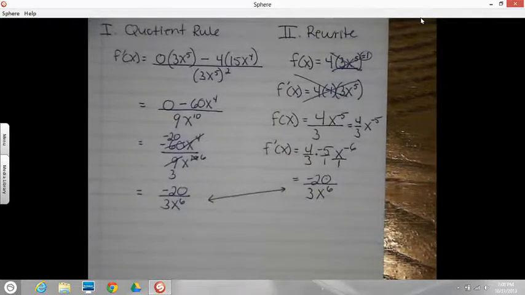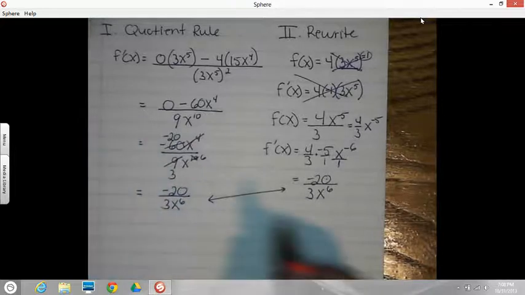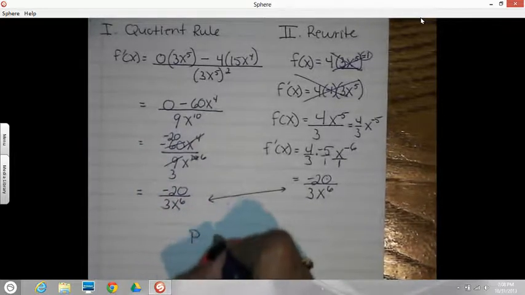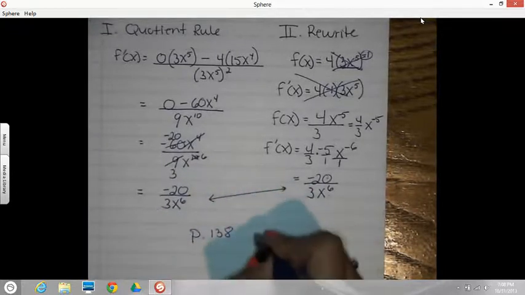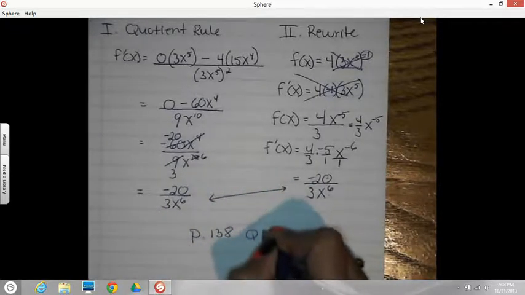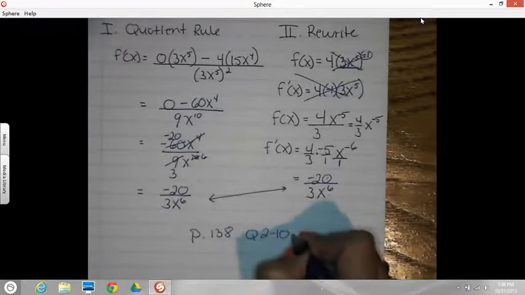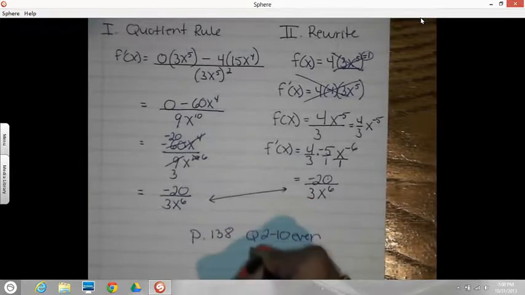All right, your assignment on this one. Section 3-1, page 138. Quickie, 2 through 10 even. I'm going to pick up 1 through